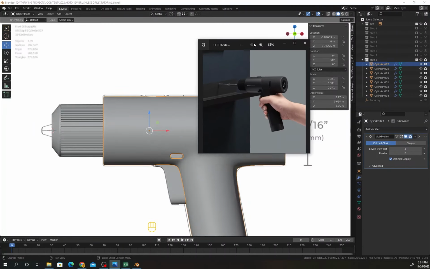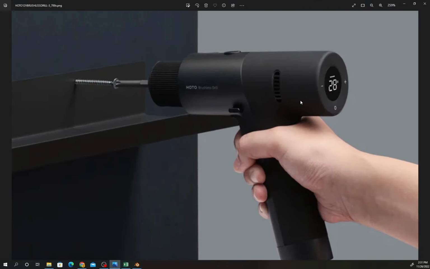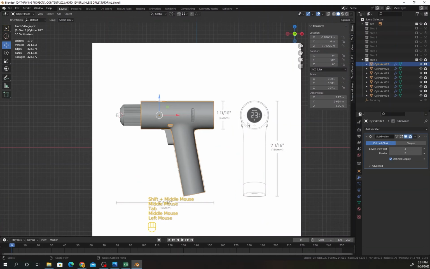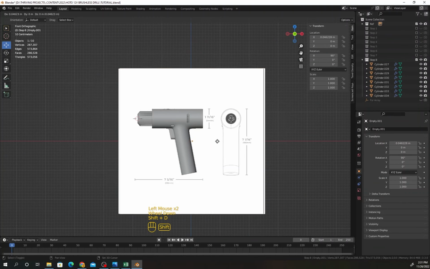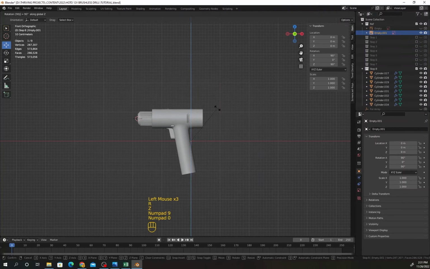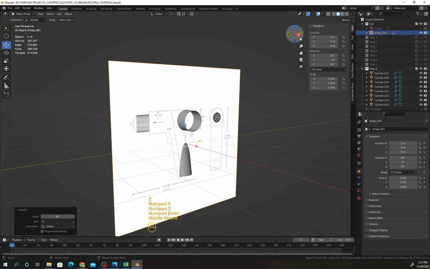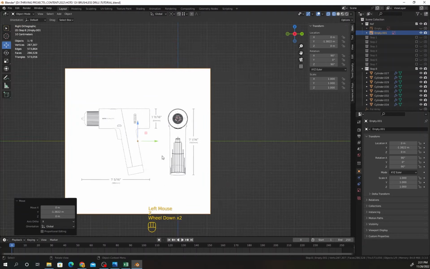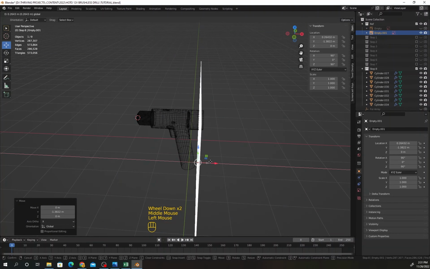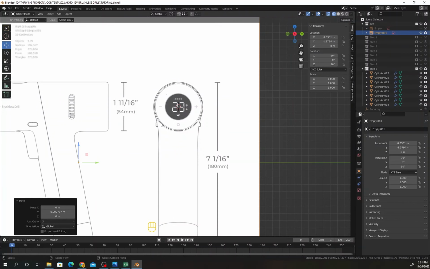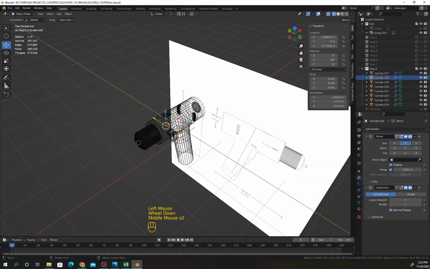Now, if you see at the back, we have to make this. So for this, I will duplicate this reference image. Then press R Z 90 and move this something like that. Now select the mesh,